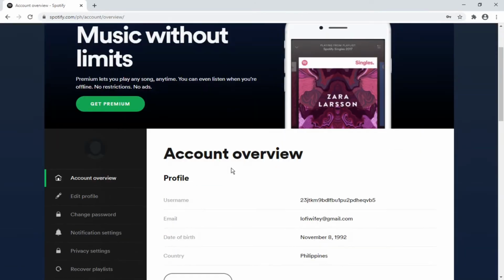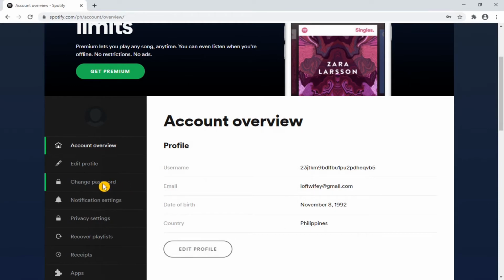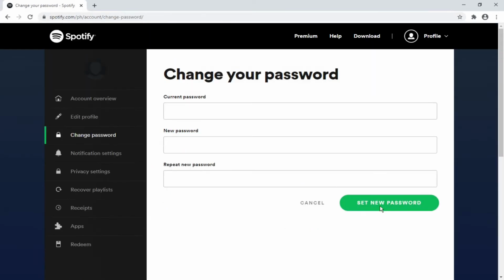And once you're logged in, you must change your password. So you fill this up and then click on set new password. After you have changed your password, you go to account overview